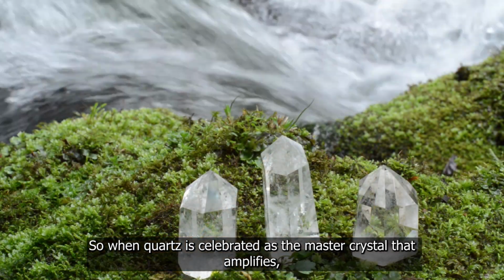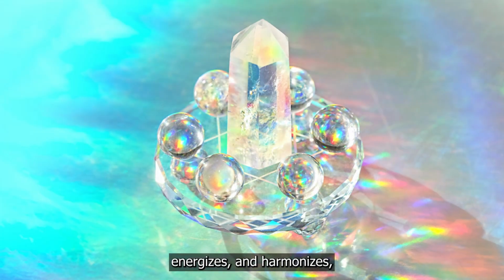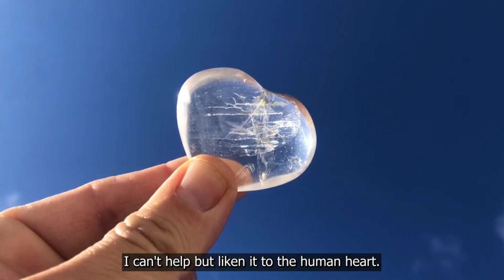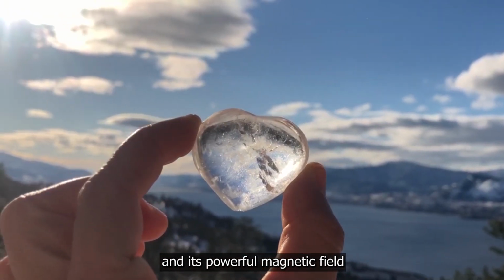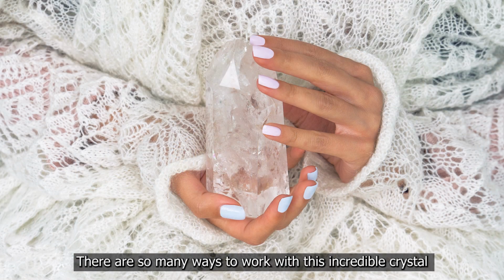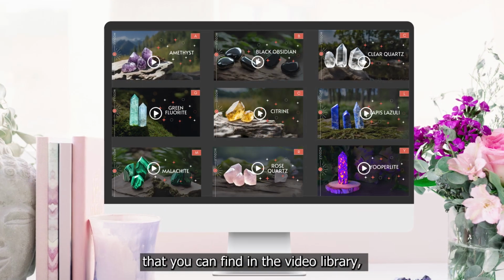So when quartz is celebrated as the master crystal that amplifies, energizes, and harmonizes, I can't help but liken it to the human heart. Its dependable rhythm, its life-sustaining energies, and its powerful magnetic field that can amplify everything it touches. There are so many ways to work with this incredible crystal that you can find in the video library,